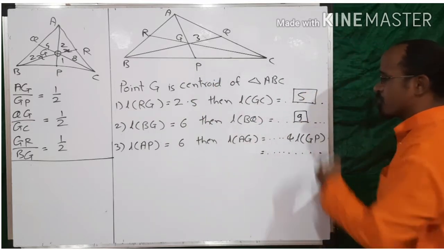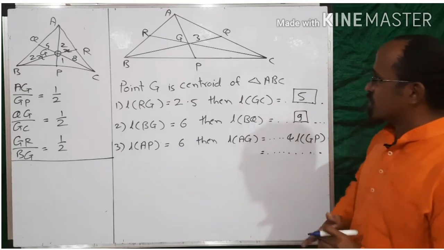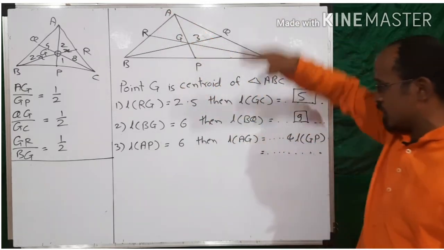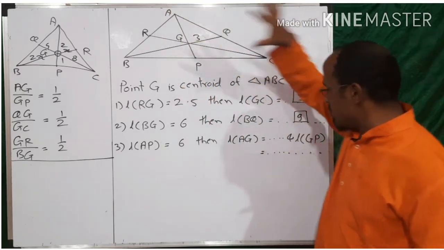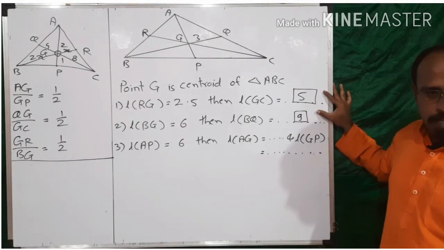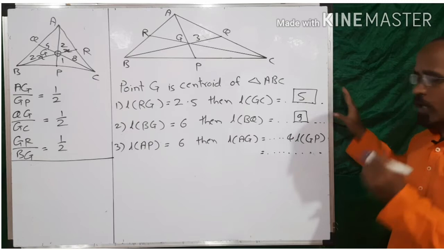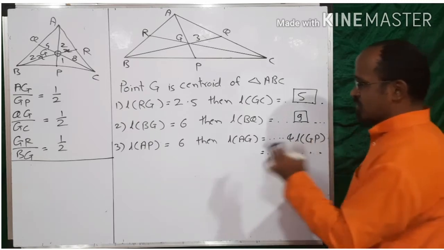Got it, friends? AP is equals to 6. Then find AG and GP. Okay, friends, we wrote the answers directly. Let us see how to solve these answers in mathematics